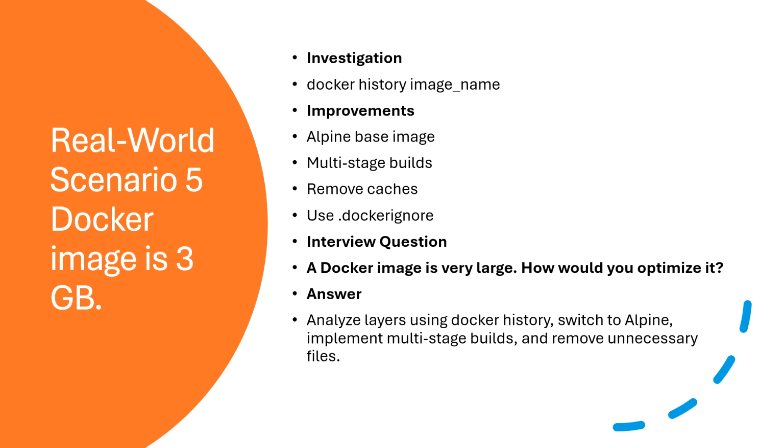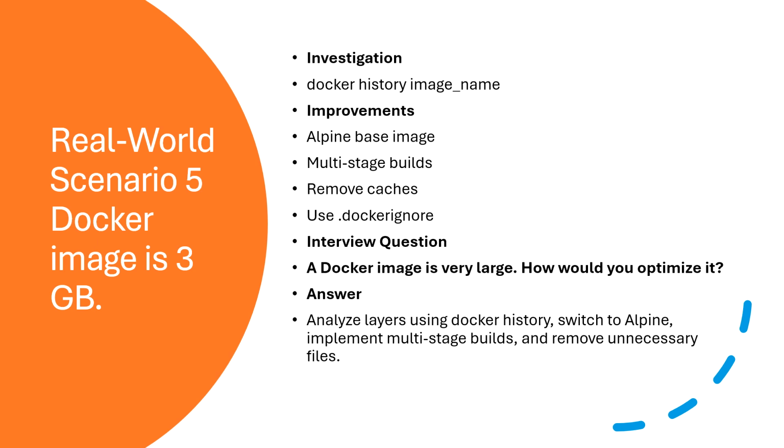We'll go to the next scenario-based question. If a Docker image is 3 GB in size, how do you optimize it? The question is very simple. It's related to image sizing. They want to optimize it, which means investigating the image layers. So we can run docker history with the image name, look for large layers, and see the possible improvements, which can include: